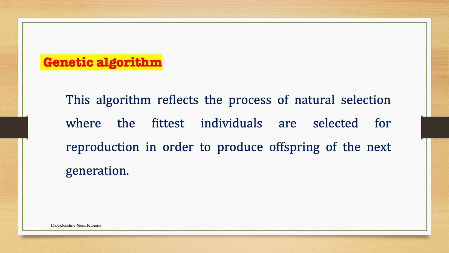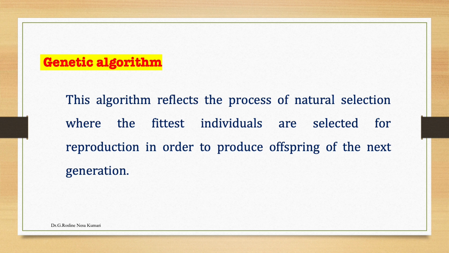Genetic algorithm is a search-based optimization technique based on the principles of genetics and natural selection. It is frequently used to find optimal or near-optimal solutions to difficult problems which otherwise could take a lifetime to solve. It is frequently used to solve optimization problems in research and in machine learning. So this is the definition of the genetic algorithm.